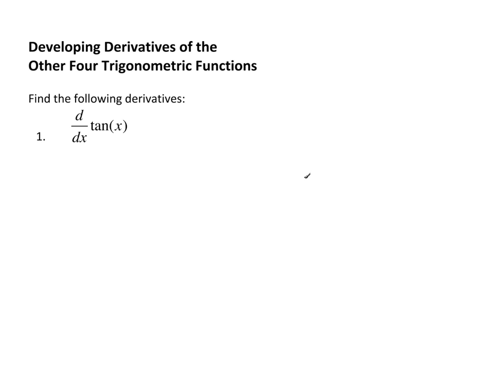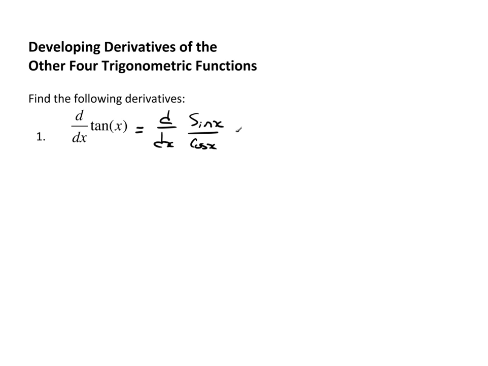Okay, now that we know how to take the derivative of sine and cosine, we can use that to develop the other four trig functions. So I want to find the following derivatives. The first one I want to start with is tangent of x. Well, to do that, I'm going to have to rewrite this. I'm going to write this as d dx of sine of x over cosine of x, and then use the